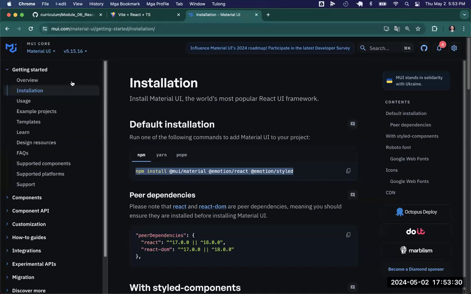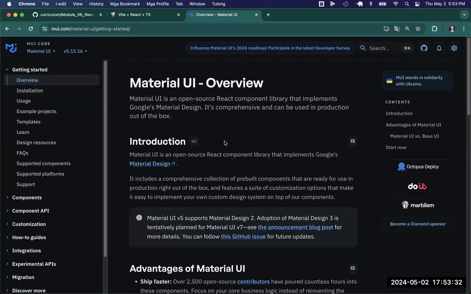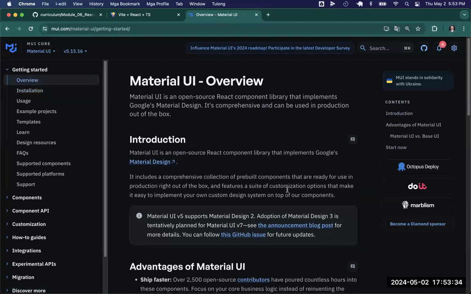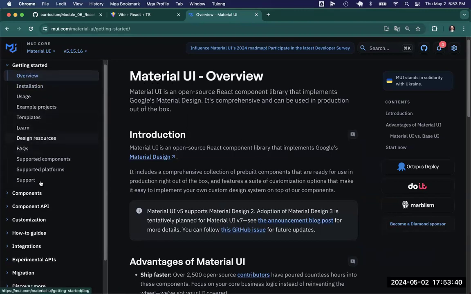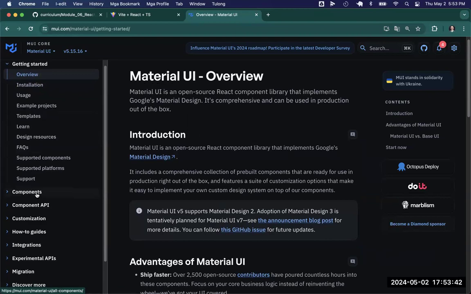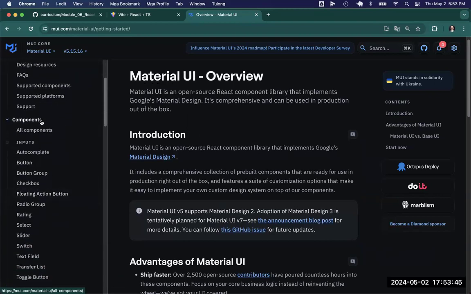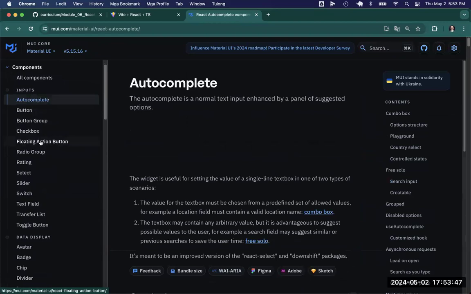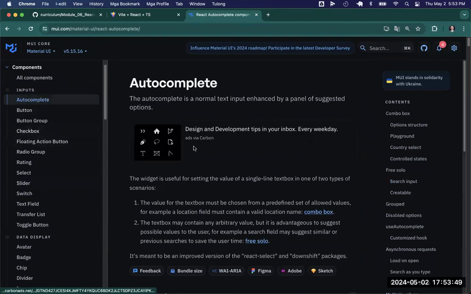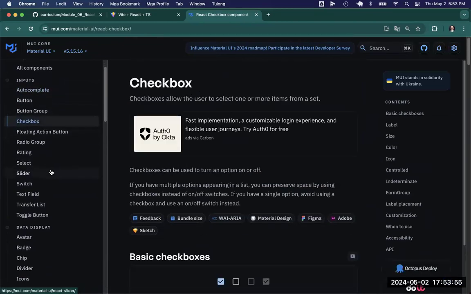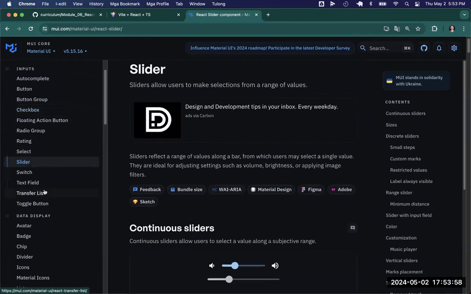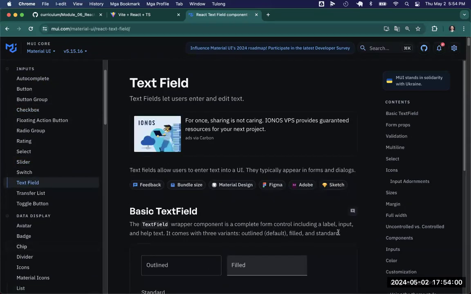Maybe I need to backtrack though. I didn't actually introduce Material UI. It's an open source component library that is supposed to make it very easy to build things from scratch. Because if we look through its documentation, we could see that they have all sorts of different components, right? We'll be able to implement autocomplete. We will be able to implement things like buttons, checkboxes, sliders, text fields, and